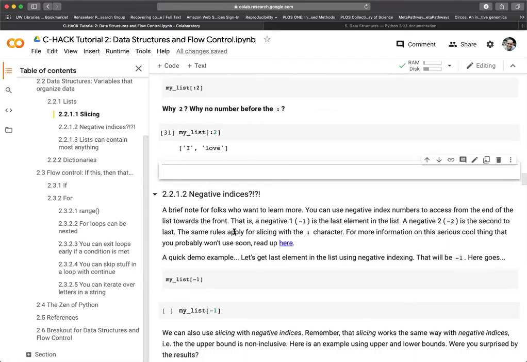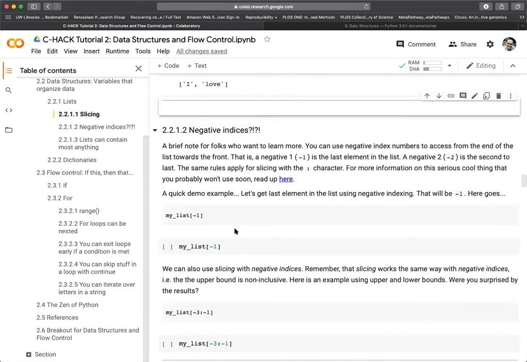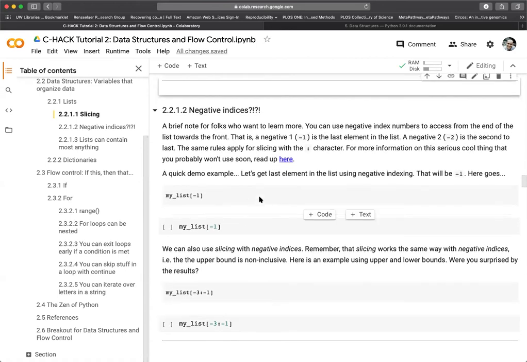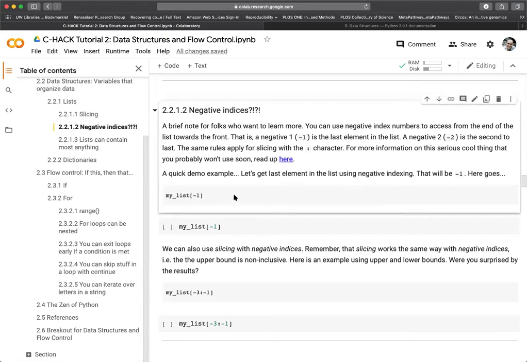Okay, cool. I think the other thing I want to talk about here is negative indexing. And this is something that I think is pretty unique to Python. There are a small number of other languages that do it. And it's worth noting here, although you probably won't need to do it in your projects, but essentially that negative